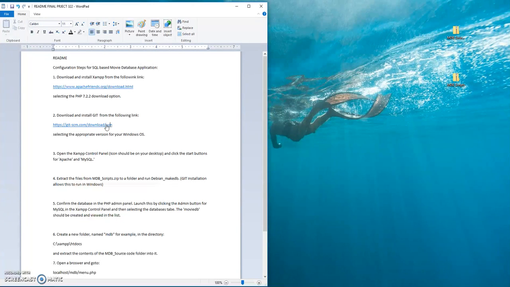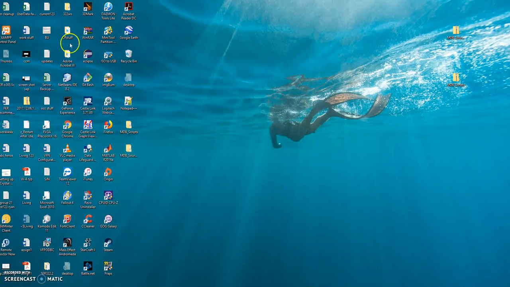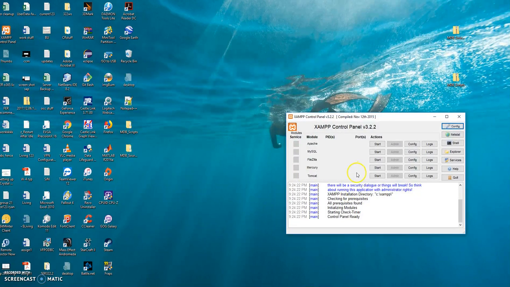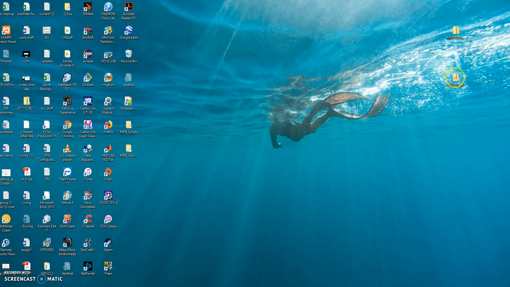Go ahead now, once you've done all of that, open up the XAMPP control panel, which can be found on your desktop after installation. We're going to go ahead and start Apache and MySQL, which doesn't take very long at all. Go ahead and minimize that. The next step is going to be to extract